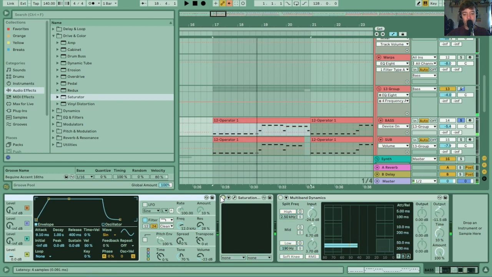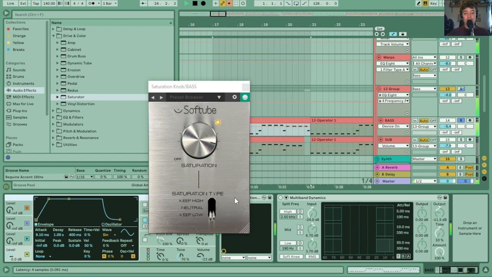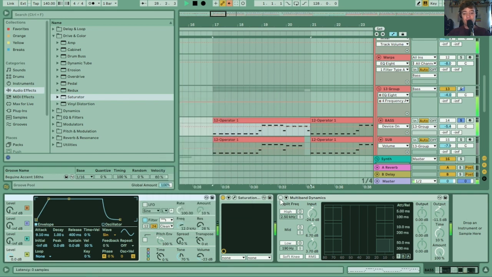So let's hear it without the saturation and the multiband. Add the saturation in. And this is using saturation knob, but you can use Ableton saturation as well for the exact same effect. I just really like saturation knob. You can see a lot of overdrive happening there. And then the dynamics, I've just pushed the sub there, so the sub bass there is going a bit mental. All together, you just get a really nice, heavy